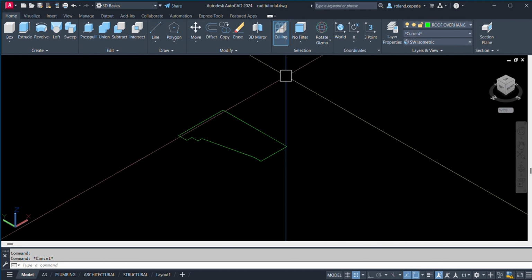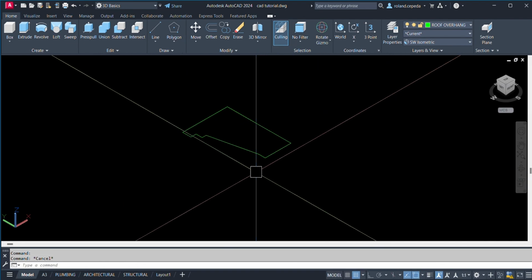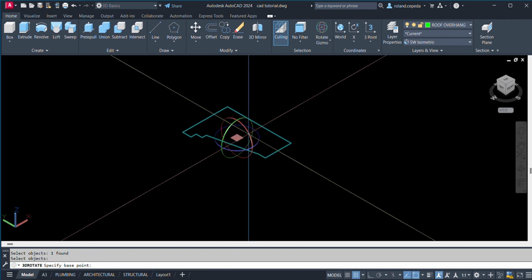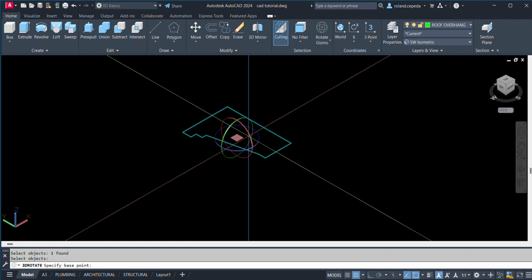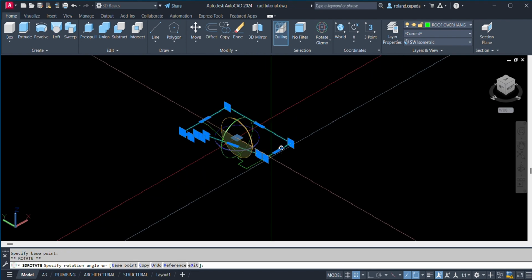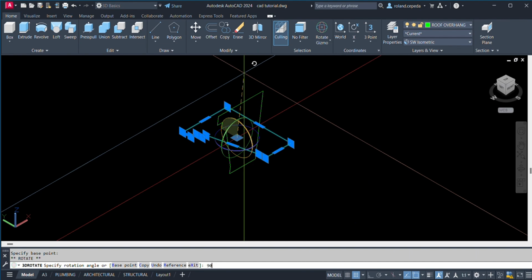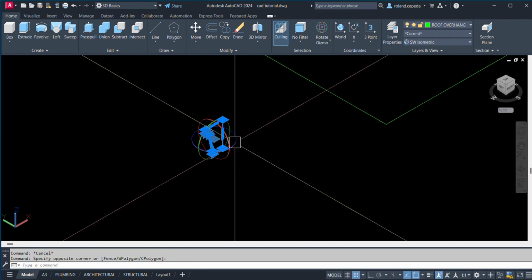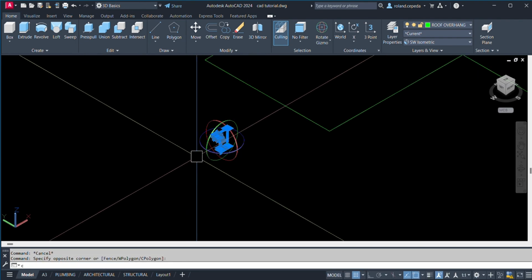So I have here the rotate mode gizmo. Or you can just input the 3D rotate command in your command line. And then select, and then choose this red, in which the polyline or the object will be rotated in this axis at the x-axis. So let us input 90 degrees.